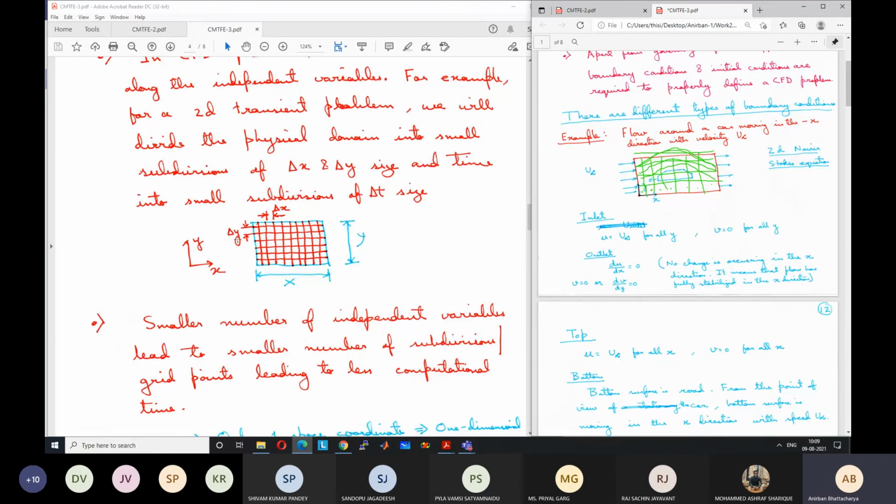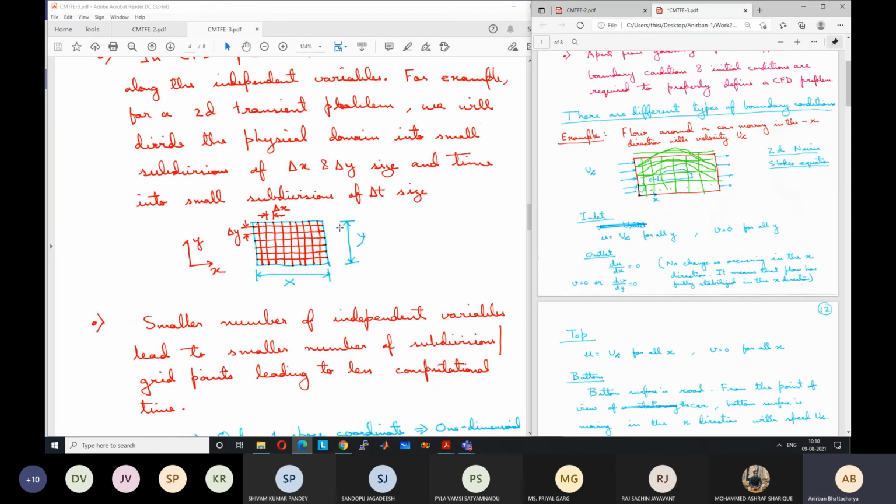It is not always the case that so much reduction is there, because some other algorithms do not scale as n cube, which means you can find the solution in a lesser number of iterations. But in general, this can happen. So we cannot just arbitrarily treat any problem as a 3D problem. We have to think whether we can reduce it to a simplified problem which is solvable, or if we just randomly find a domain and create a geometry and run the problem, we might find that it is not getting solved in a reasonable time.